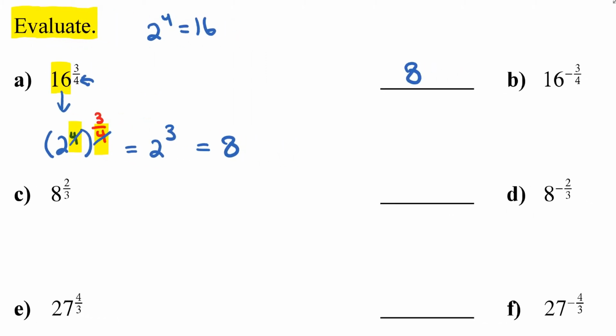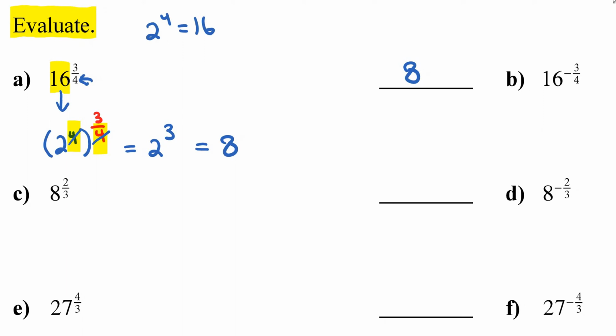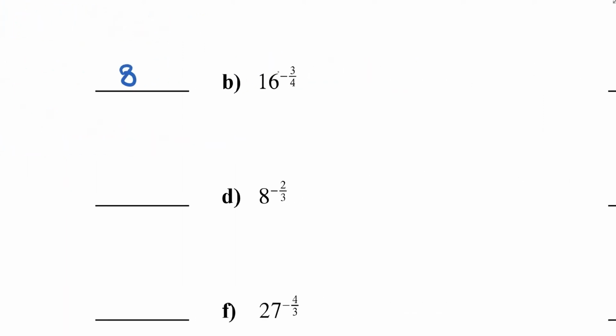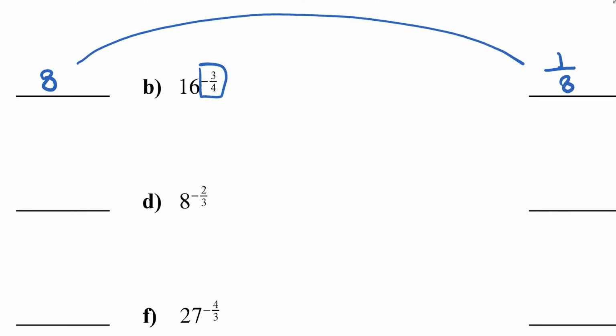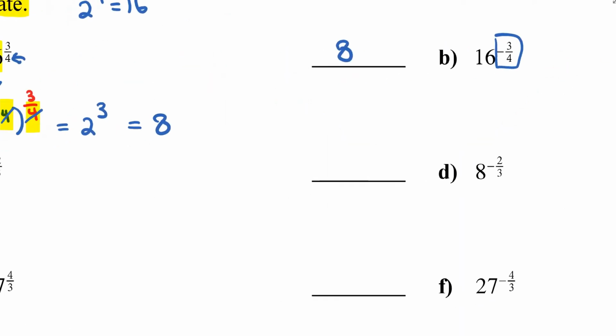Now for these homework questions, you'll notice that if you get part A right, part B is essentially the same question except that there's a negative exponent there. So if you have the question correct on part A, the answer for part B is just 1 over that. Anytime you have a negative power, you can change it into a positive expression by doing 1 over the answer. And the answer that we had before was 8. Okay, let's move on to